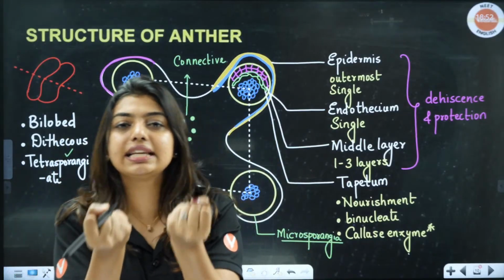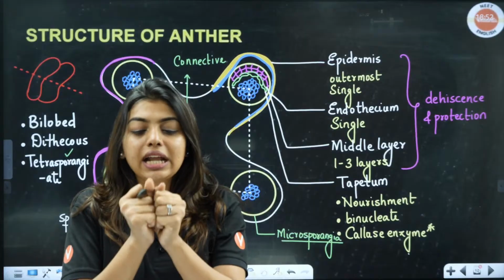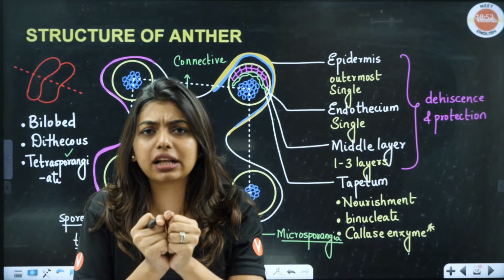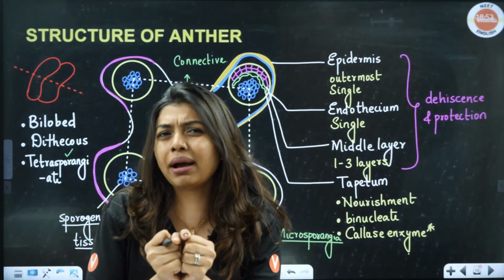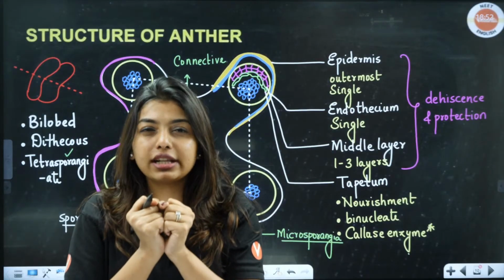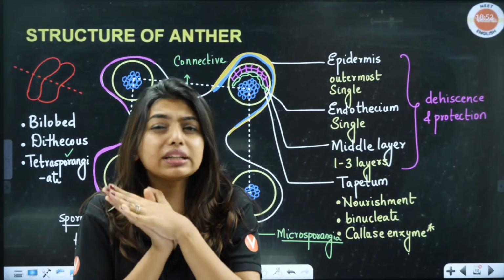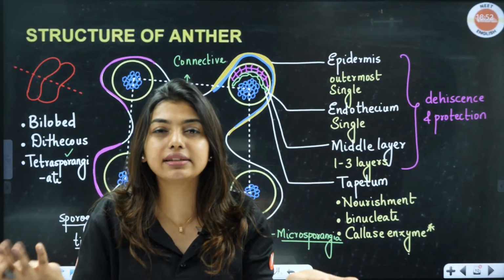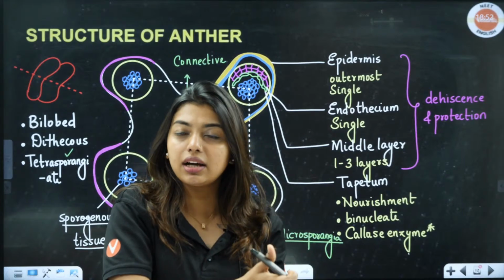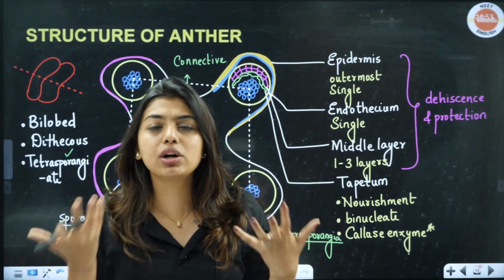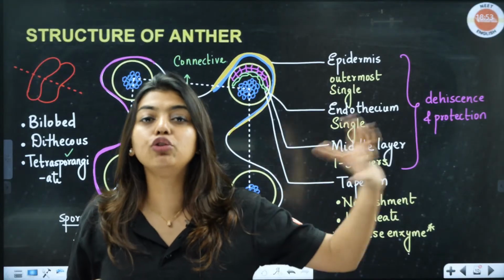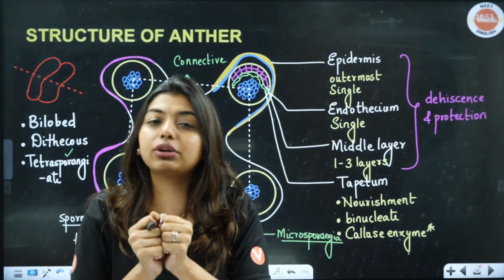What is dehiscence? Let's say my hand is full of chocolates. If I do not open my hand, will you get a chocolate? No, ma'am, I will not get a chocolate. Same way, let's say the anther has pollen grains inside. If they don't open, will the pollen grains scatter? No, they will not scatter. If pollen grains don't scatter, they will not go and settle on the stigma. So then what's the point? The plant is working so hard so it can form a seed, fruit, do fertilization, but the anther is not ready to give the pollen grains.